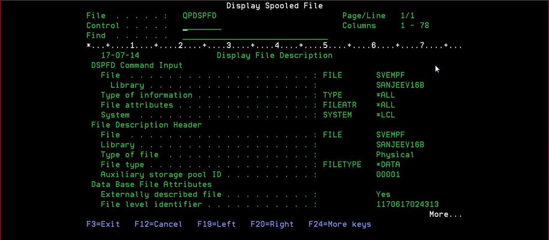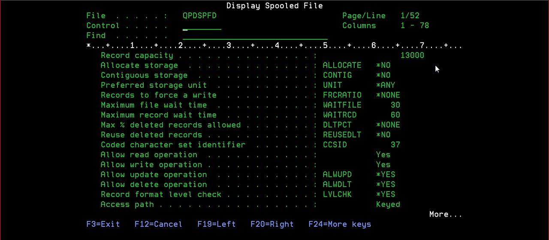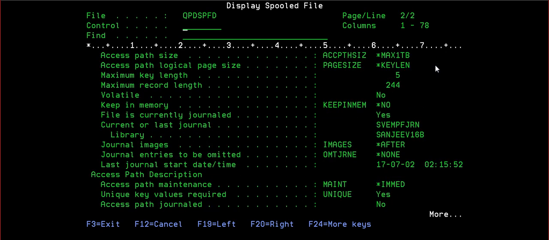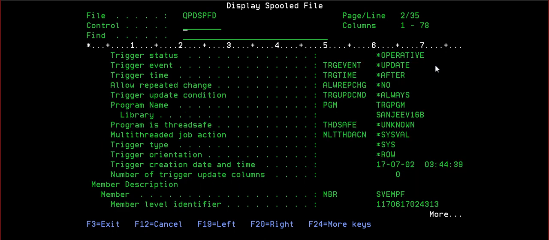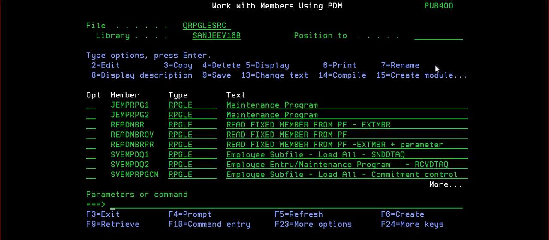This is happening due to the library list. And here we don't have the trigger. Here we have a journal. The trigger library is this. What is it? 16.